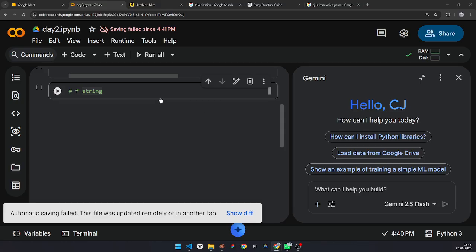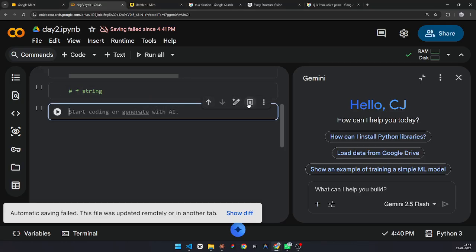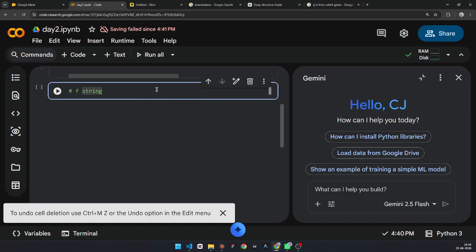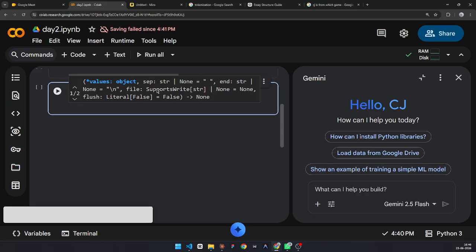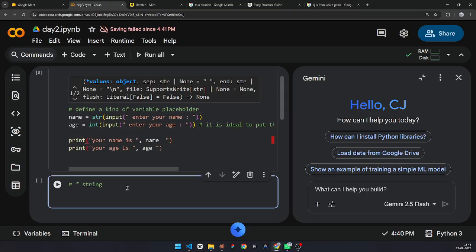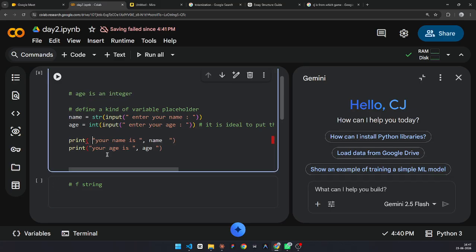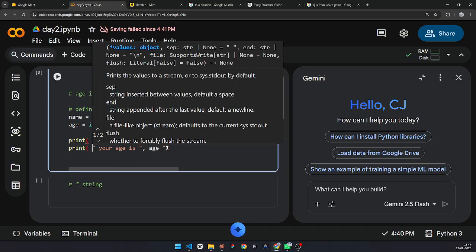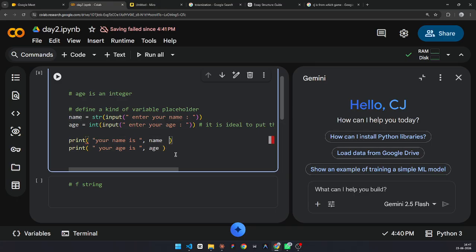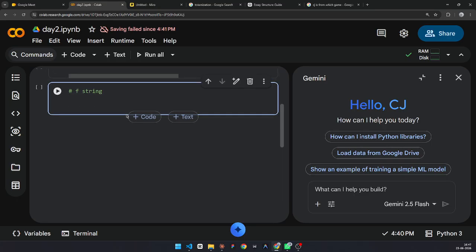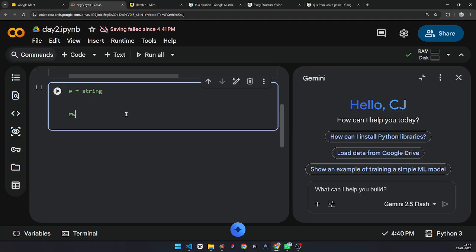Let's go. Now I will be teaching you the F string, which you will definitely find in many Python programs. I won't teach it in much detail, but let's say for example, whenever you want to print something which has variables.